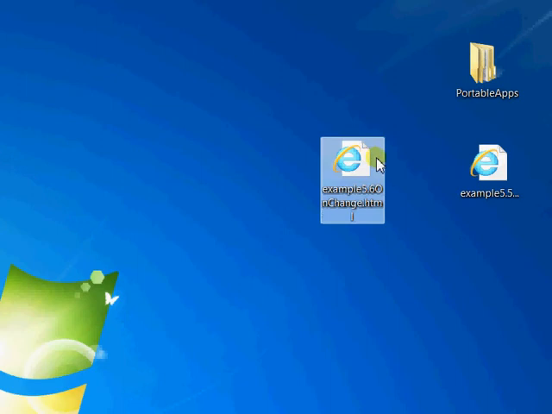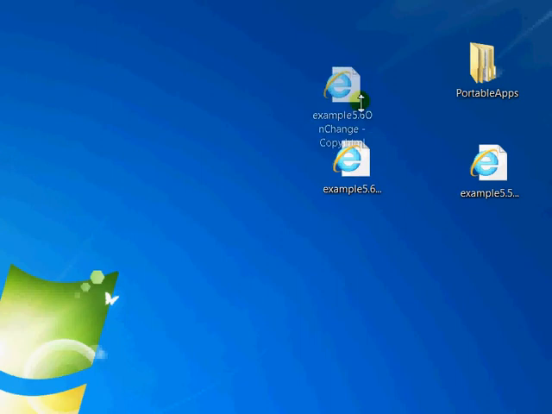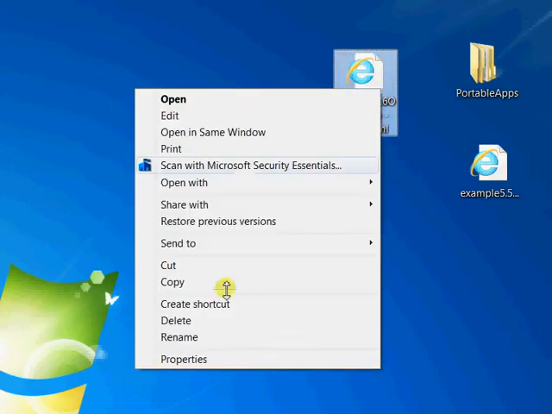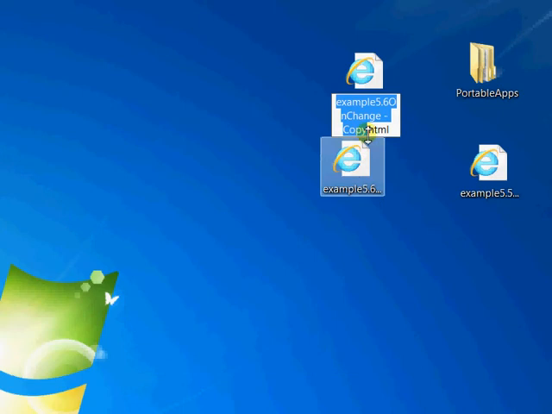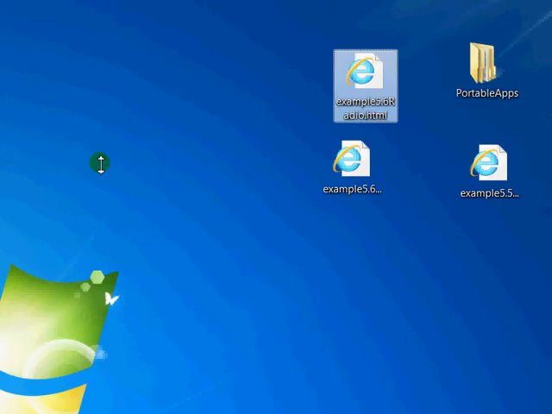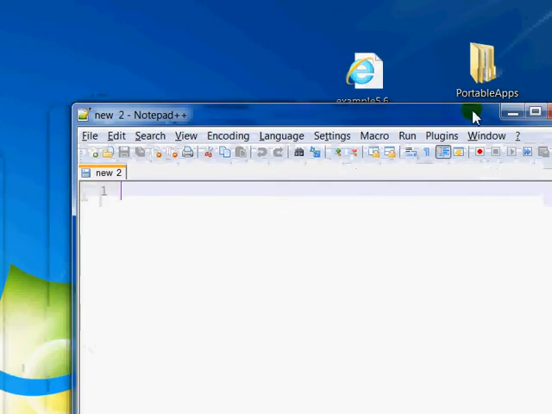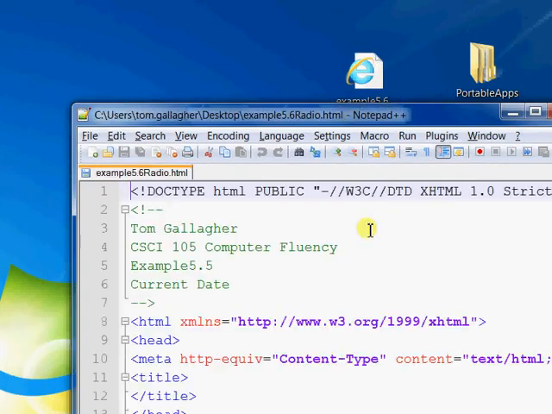I'm going to use a copy, and I'll use a paste again. Bring that back on the screen. I'll rename this and call it copy. This will be example 5.6 again, and we're going to use some radio buttons, so I'm going to put radio on there. All right, so I have that there. I'm just going to drag and drop